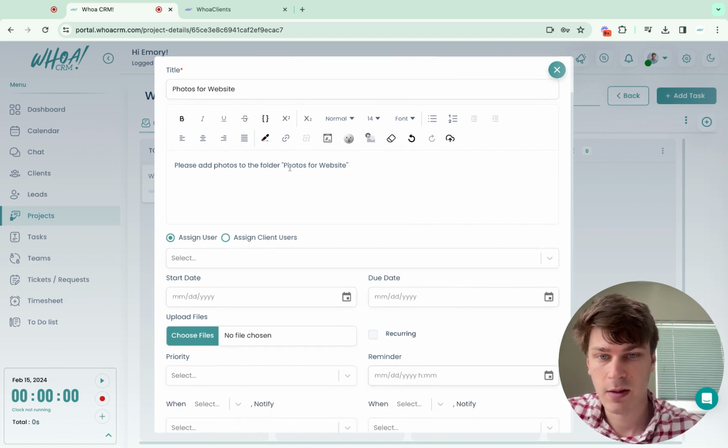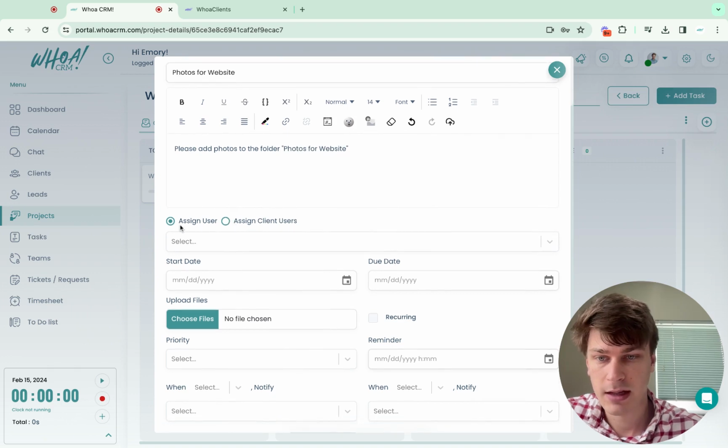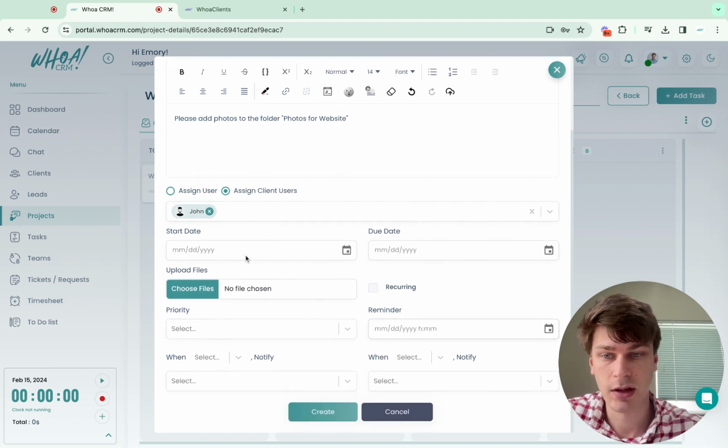And so now I will create a folder here, and I'll show you how to do that in a second, where they can upload that. And as you noticed, now we have these 2 things here, assigned to client users, and I'll assign this one to John. I also can add a start date and a due date, just the same,